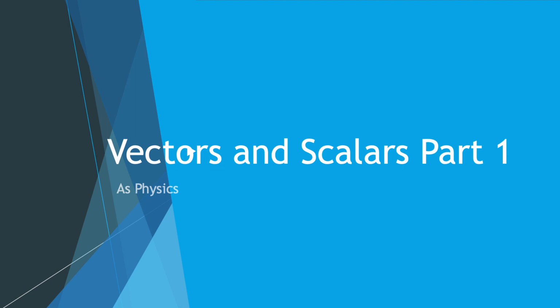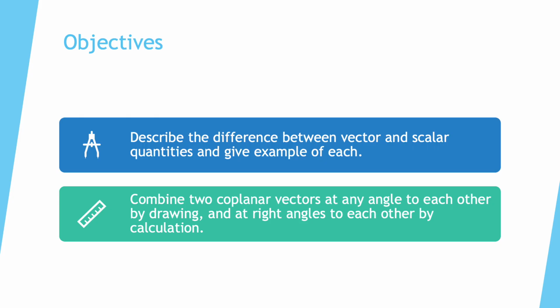Today we are going to discuss Vectors and Scalars Part 1. The main objectives of today's lesson are: describe the difference between vector and scalar quantities and give examples of each. Combine two coplanar vectors at any angle to each other by drawing and at right angles to each other by